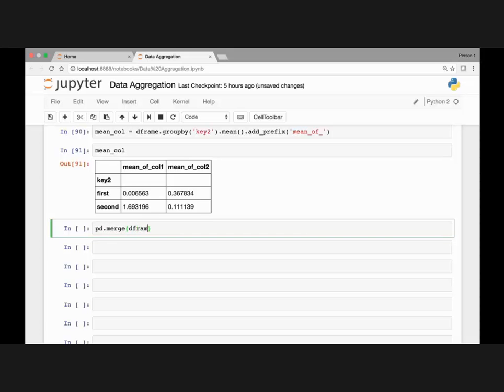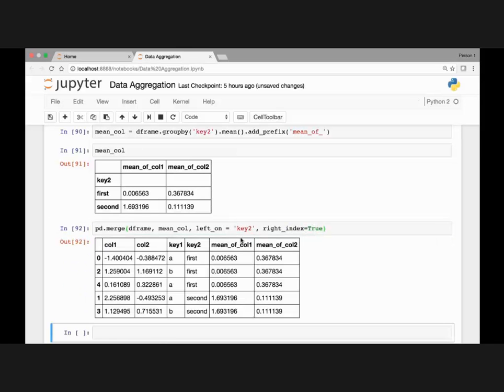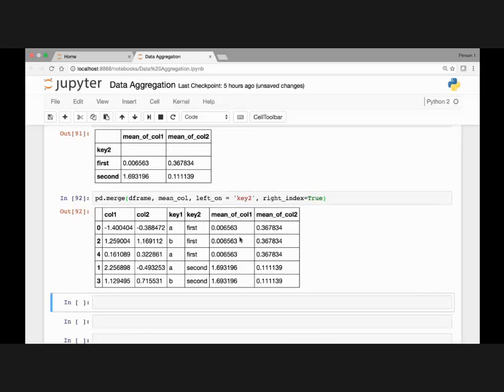So pd.merge, and we want to merge our data frame object and then the mean column data frame that we just created, and they will merge left on key 2 and then we'll set the right index to be true. If we run it now, we see that 2 new columns are added, mean of column 1 and then mean